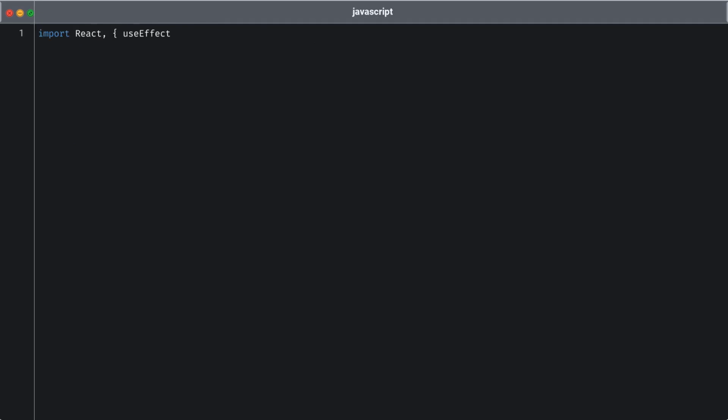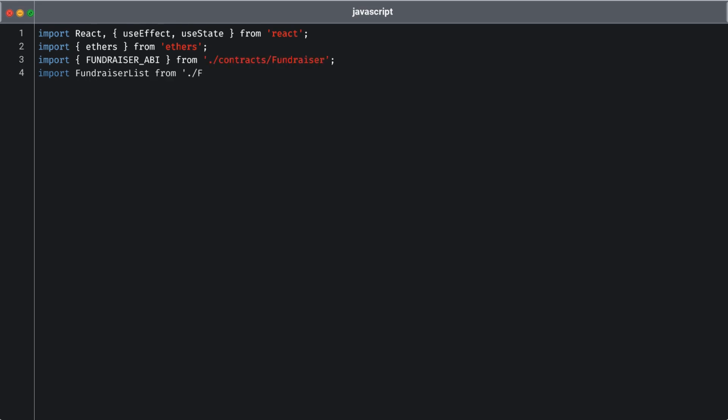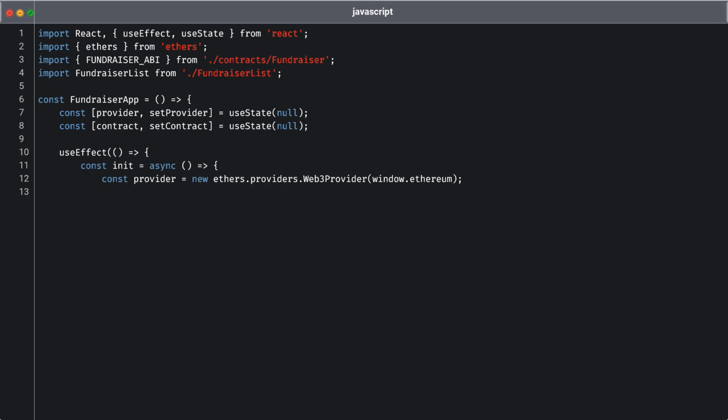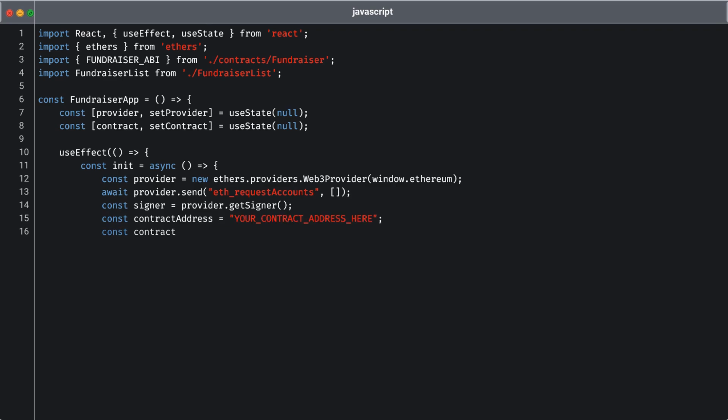This involves importing the component and ensuring that we pass the contract prop to it, enabling the fundraiser list to interact with our smart contract. In the fundraiser app component, we establish the necessary state variables for managing the Ethereum provider and the smart contract connection. Using the useEffect hook, we asynchronously initiate the Ethereum provider, request user accounts, and instantiate the contract with the contract's ABI and address. Within the component's return statement, we render a header for the DApp and include the fundraiser